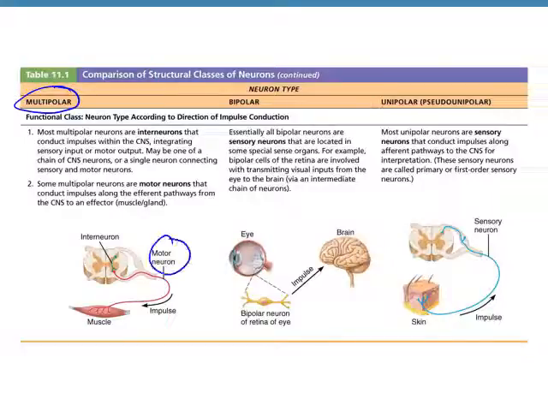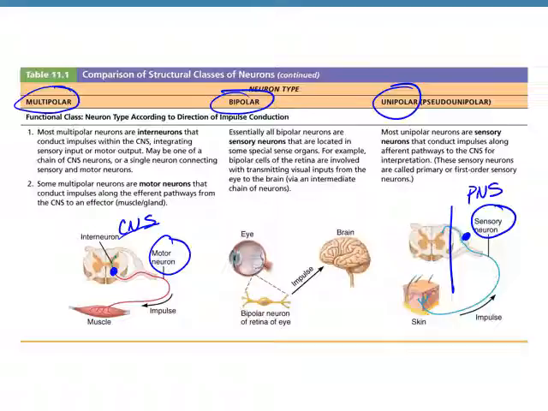Here's multipolar. We said motor neurons are multipolar neurons, and that the somas are located in the central nervous system. Well, this is the spinal cord, that is central nervous system. Then we said sensory neurons are usually unipolar, and we can see that the soma is located in the peripheral nervous system, outside of the brain and spinal cord. And then they give you an example of a bipolar neuron, where if we have messages from the eye, we want those messages only to go to a specific part of the brain. We don't need that visual message to go to our arm or to our leg. It just needs to start at one point and go to the next point, which is in the brain.